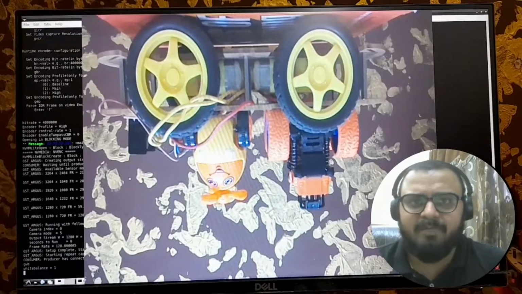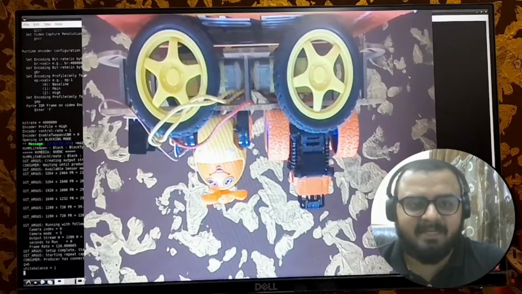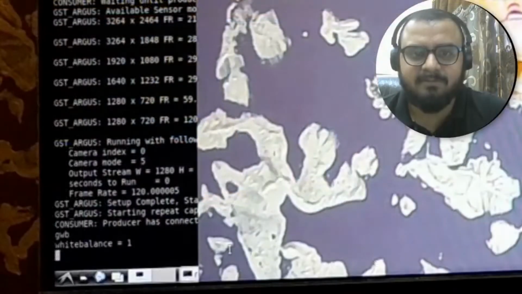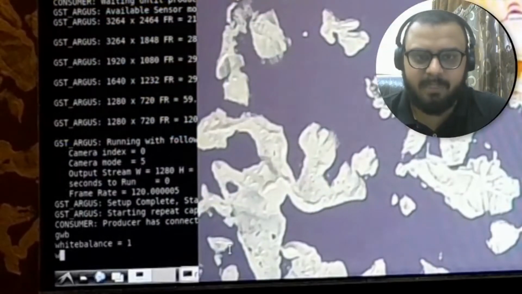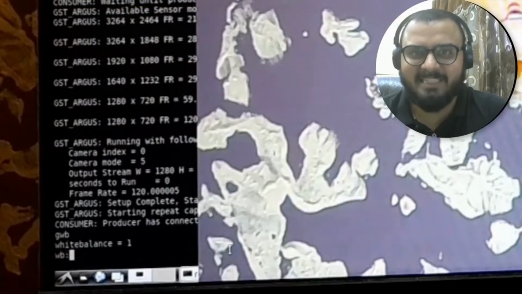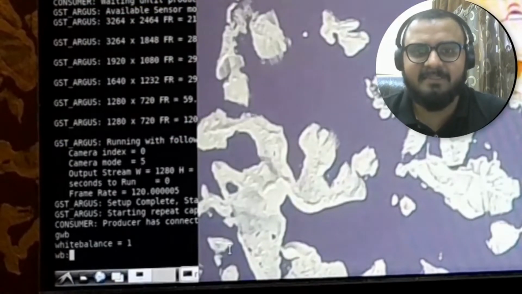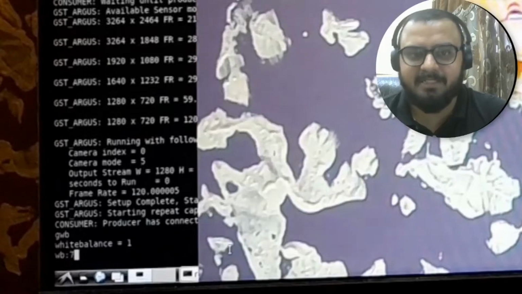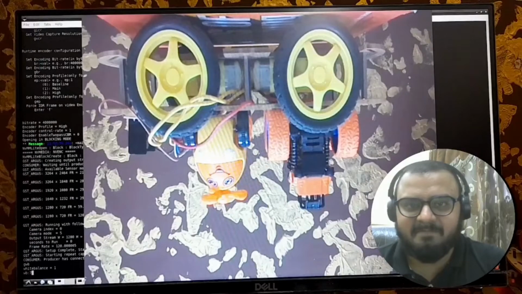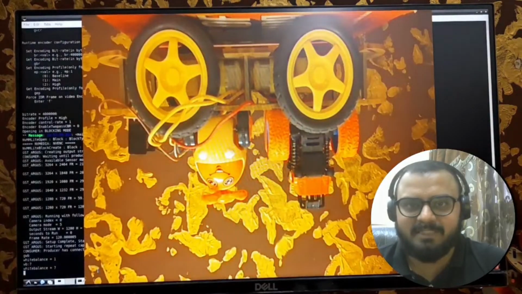Now let me play with this white balance by giving WB colon 7. Once I give 7, I'll press enter. Let's just wait for the changes.